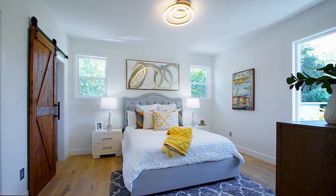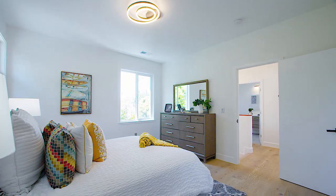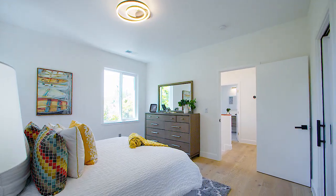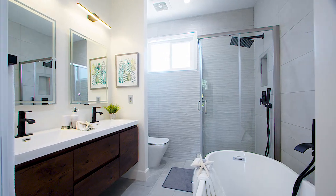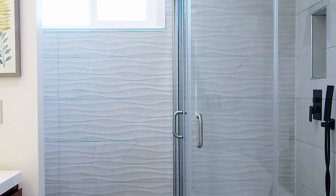Now, into the primary room. Wow, this is what you want. High ceilings, plenty of room, and take a look at the bathroom. Wow, wow, wow. This is a bathroom you will see in a luxury real estate magazine, with luxury tiling all